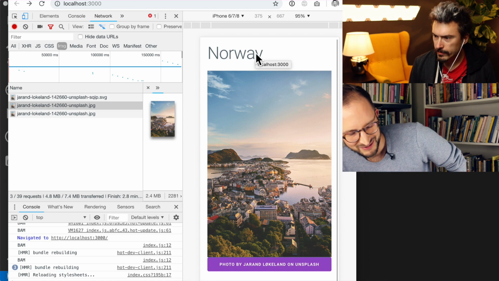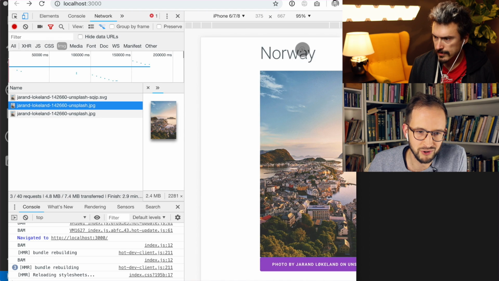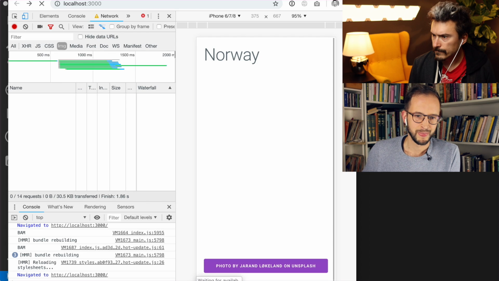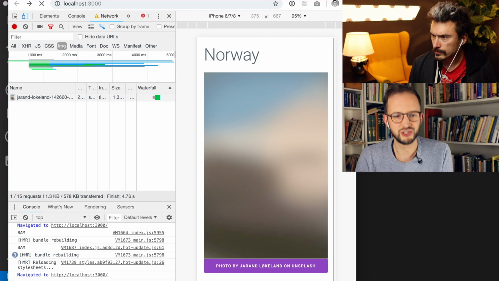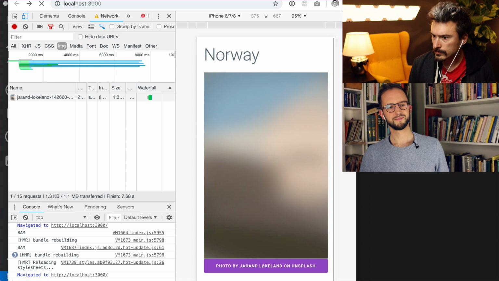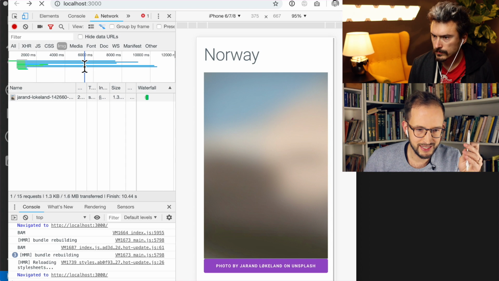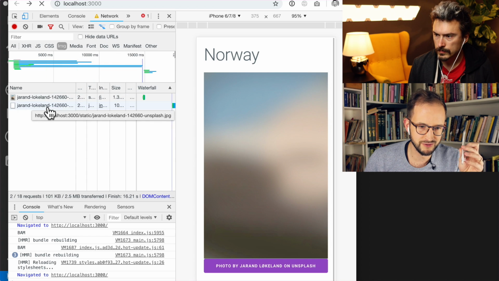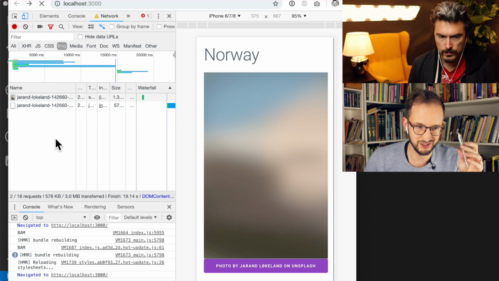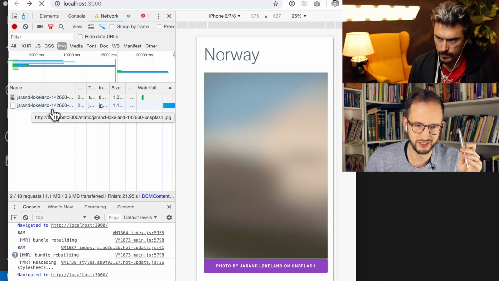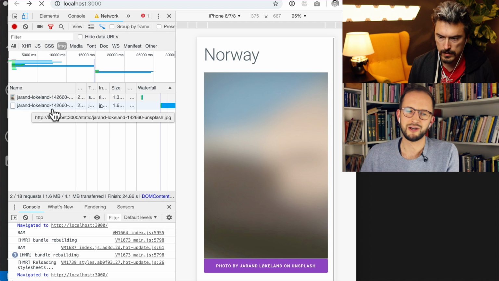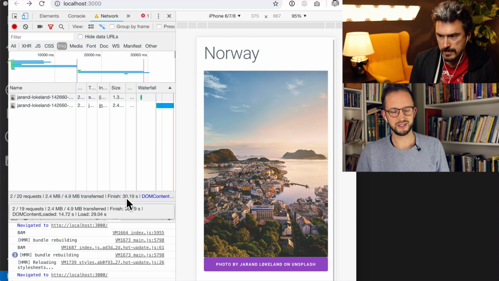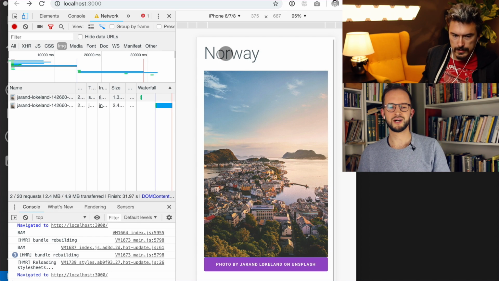Boom! Oh, it worked. So now let's try this with actually throttling it again. So let's go with fast 3G. Nothing. It gets the SVG. So I guess here it fetches everything from Next, and then it starts fetching. It takes 15 seconds before it actually starts to fetch this JPEG. That's quite a long time. Yes. And it hasn't finished. It finished in 29 seconds. Okay, I know it's a huge file, but